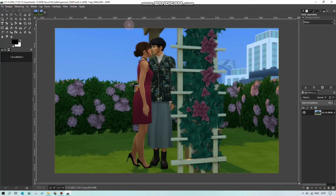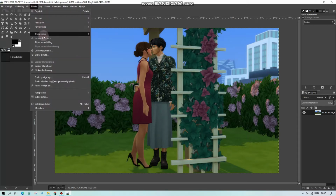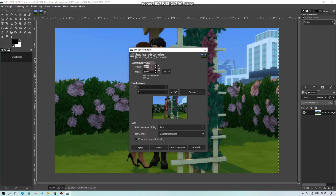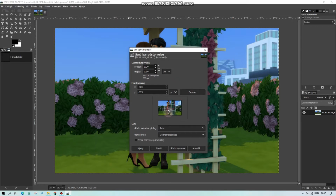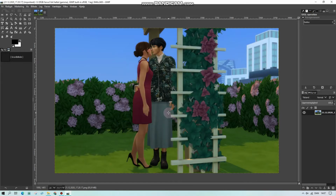It's a picture I took in game with SRWE, which just enhances the quality of the picture. As you can see here, it's way bigger than usual. It would be maybe, for me, this resolution instead. Oh yeah, like this, I think. So as you can see here, it's way higher quality, and it's just way easier to edit it